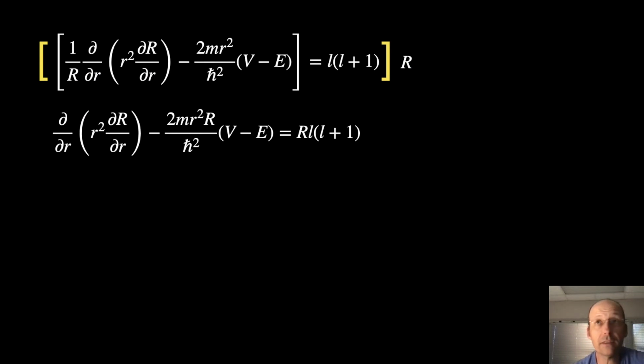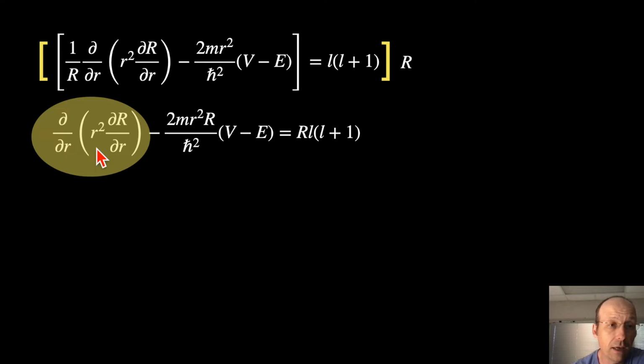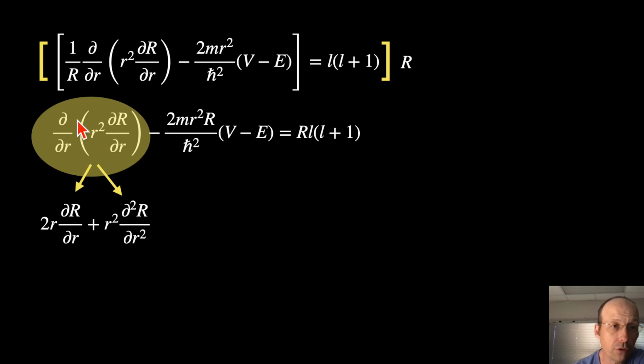Now, I want to solve this differential equation, but here I have a derivative of a product. So I need to just go ahead and take that derivative, even though I can't fully do it. But it is a product rule, right? So if I take the partial with respect to r of this term, I can take the partial of this with respect to r times this. So I get the partial of r squared with respect to r. It's going to be 2r, right? That derivative of r squared is 2r. And then I multiply it by this. And then I have to add in this term times the derivative of the partial of